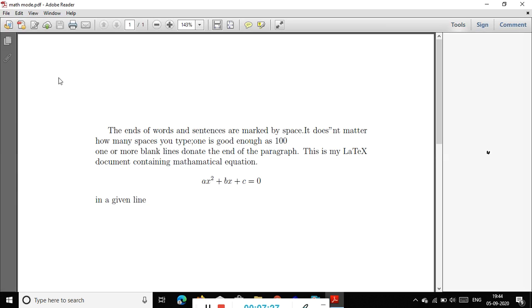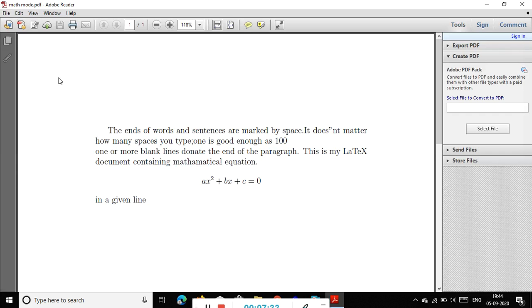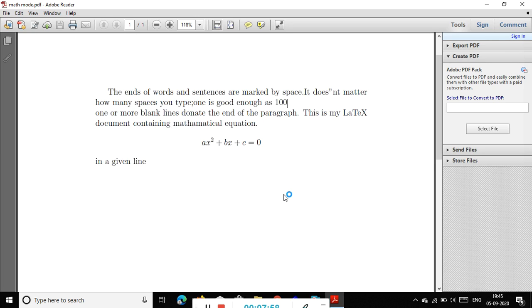So yeah, you can see it. Actually my amsmath package was not installed on my MiKTeX, that's why I was not able to use it. You have to install it first on your system, then only you can use it. But otherwise you can do it in this way also. This is the best way to use. So you can see I wanted to change to the next line, so one has come on the next line and the equation is in the middle. So whatever I wanted from my program, I got it in this PDF. You can see that.